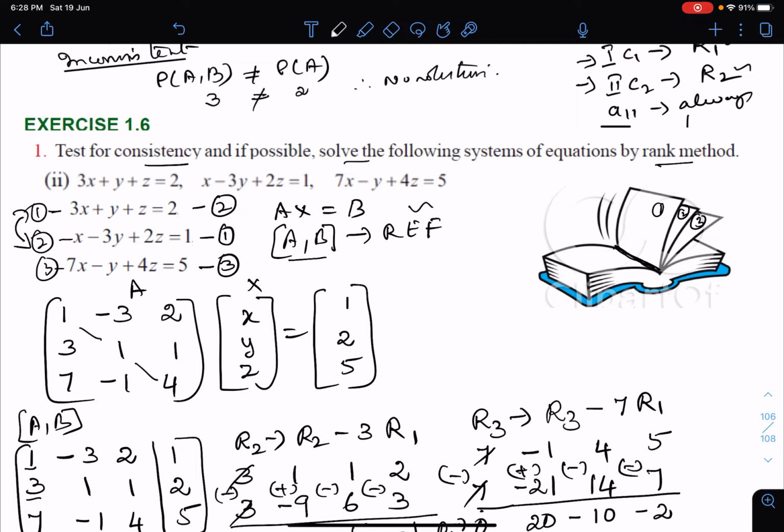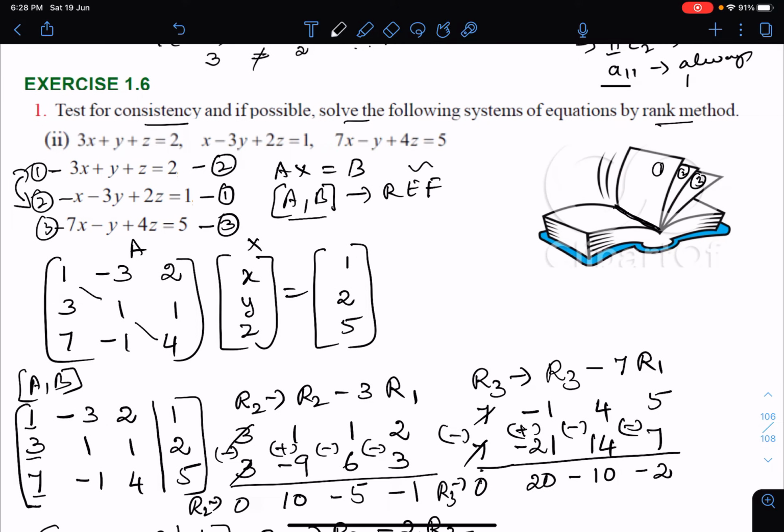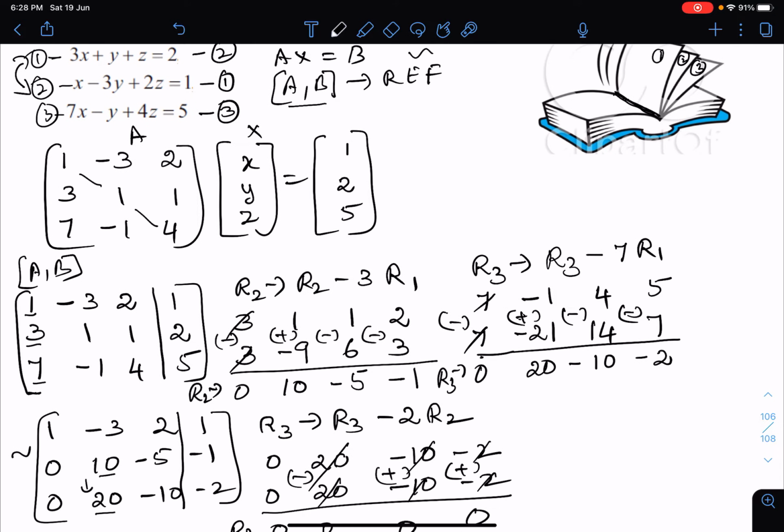Now you see a book here, isn't it? You keep it as it is. I will come to it later. Now we will write the 3 equations. For our convenience, there is a 1 in X, so I have taken the second equation as 1, the first equation as 2, and the last equation as 3, and I have written our system as Ax equal to B, and then our augmented matrix.